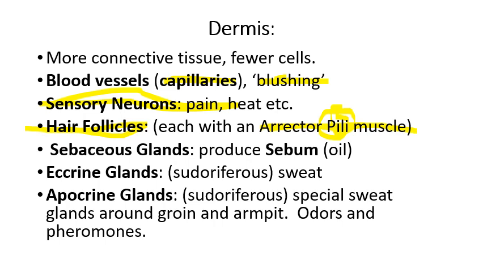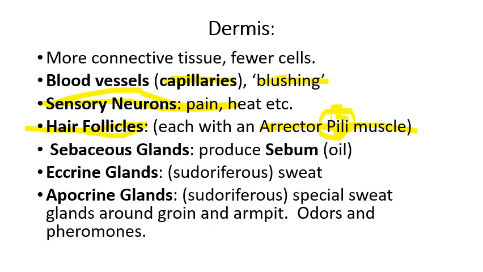Right, so a lot of words in anatomy come from ancient Latin or ancient Greek words. The word pilus is a Latin word meaning a spear that you would throw at somebody. The purpose of the erector pili muscle is to cause the hair to stand up. When you get cold and the hairs on your arms stand up, that's because the erector pili muscles are pulling the hair straight up, which makes it easier for warm air to get trapped inside